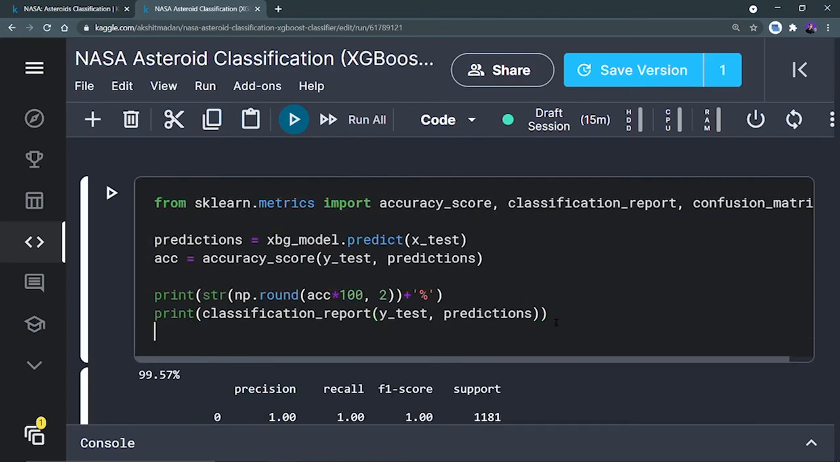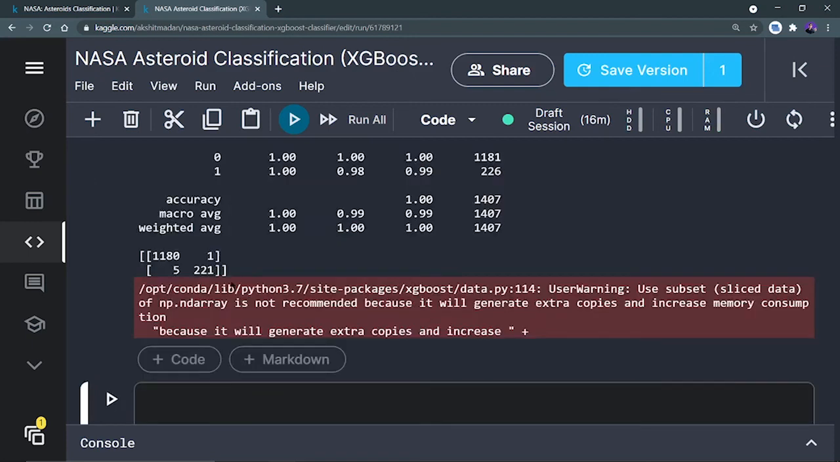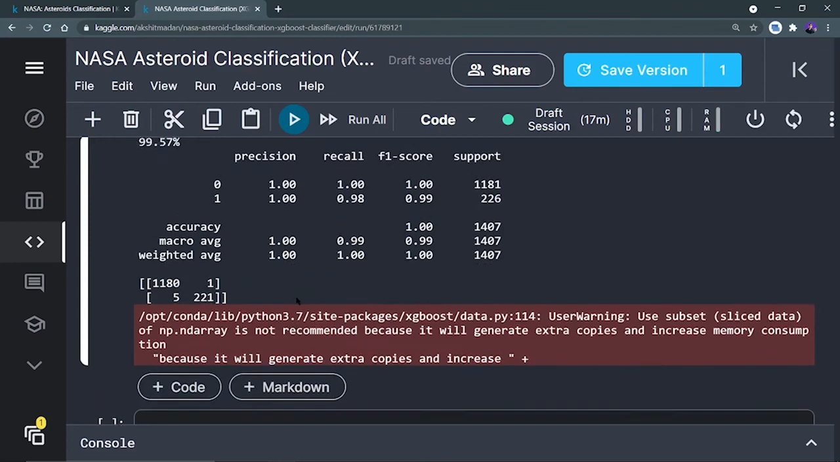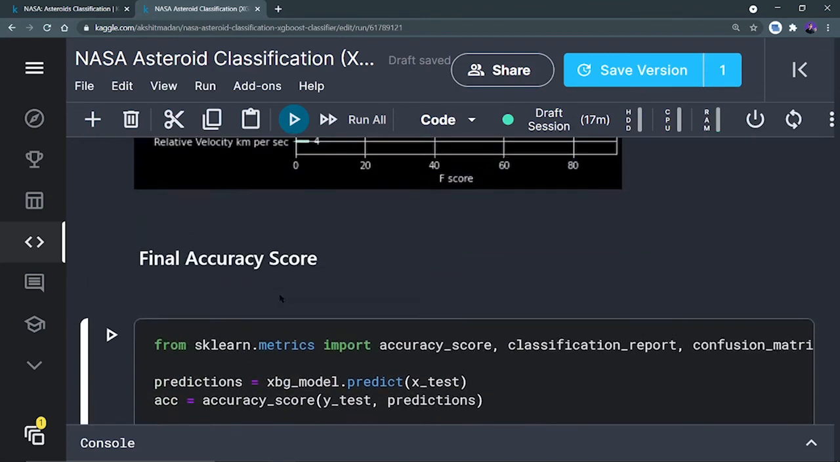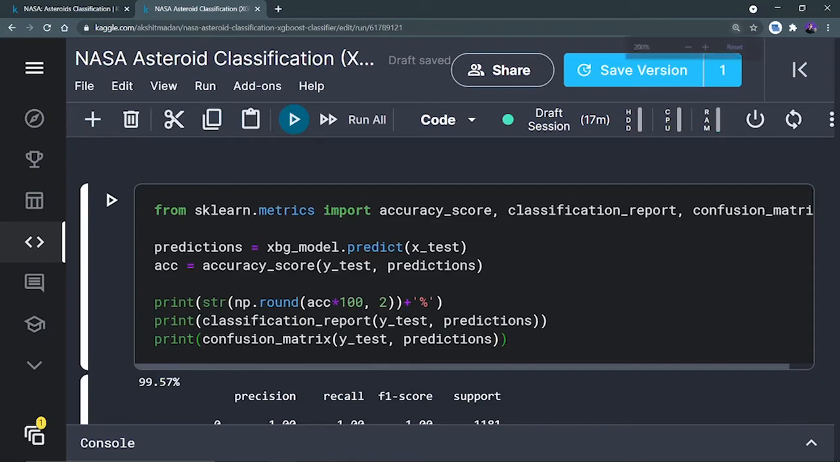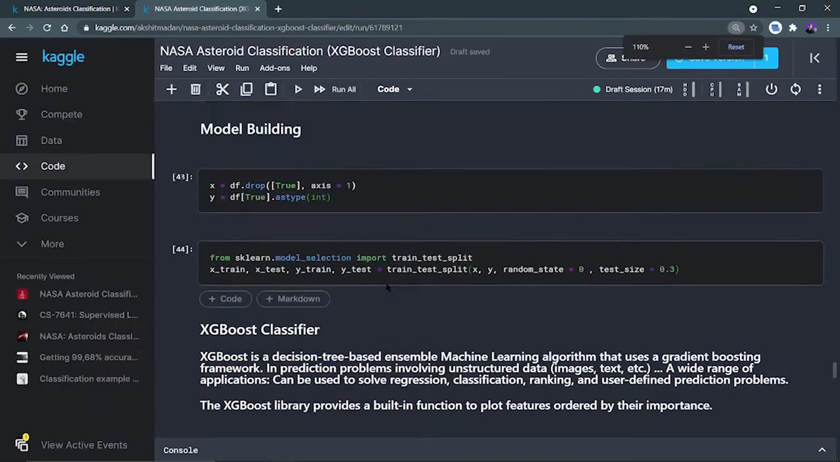Let's print the confusion matrix also. So this is the confusion matrix. By reading this confusion matrix, I can see that only six values, 5 plus 1, were wrongly predicted or wrongly classified, and every other value was correctly classified. So we are having a very good accuracy, 99.57%, and it's your task that you should take a column and